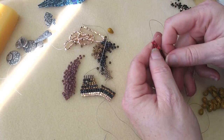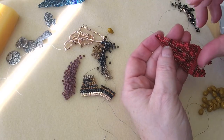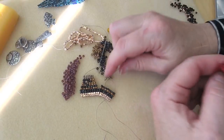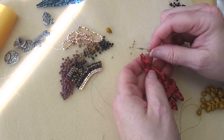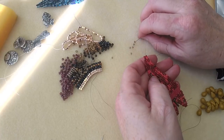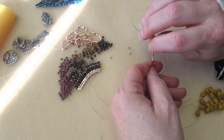And then I'm just going to weave it down to where I want that drop to be. Right here. Okay? Push this sucker down, grab it, then I'm ready. They're called Rizzo drops. Oh, I like the sound of those. I'm going to put on 3 little size 11s. This would also be a good use of 15s to make a little smaller loop, but I think the 11s work pretty well. I would just come back in to the tip